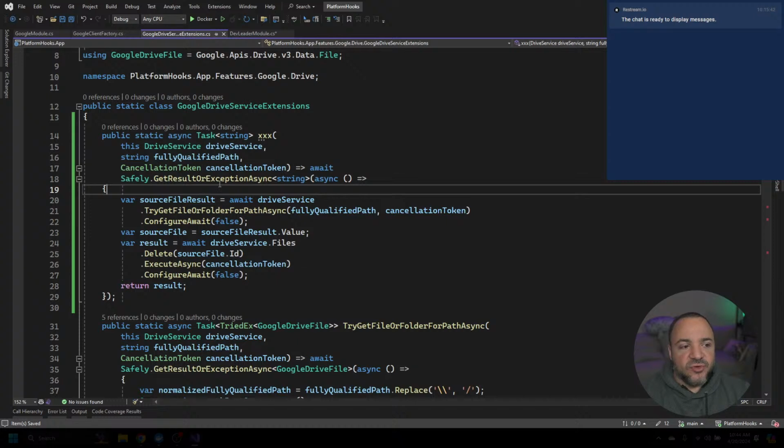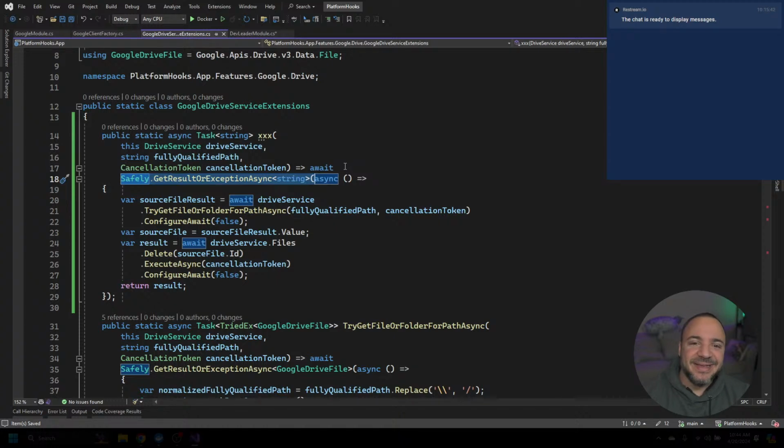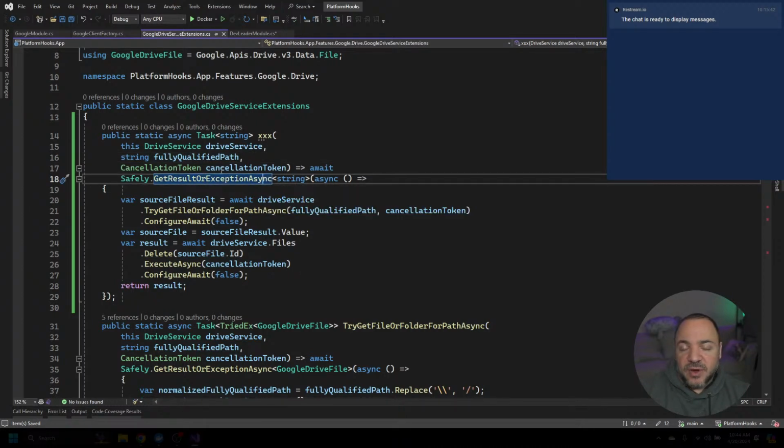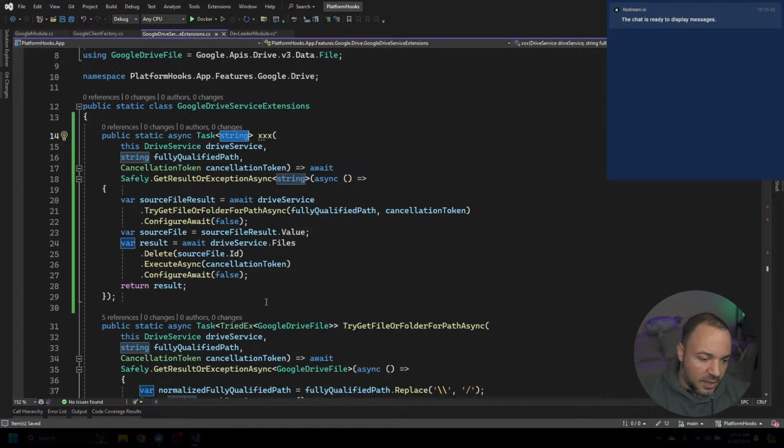So instead of trying to pretend like I can catch every single possible exception, because they could miss one in their documentation, what I do is I wrap some of this calling code in a helper method I've created, which is literally just a try catch behind the scenes. And it lets me write this kind of syntax where I can say that I have a method and I'm going to safely get a result or an exception. So it's a try catch, but the other thing that it does is that I have a return type,